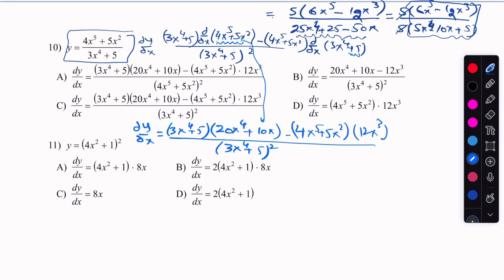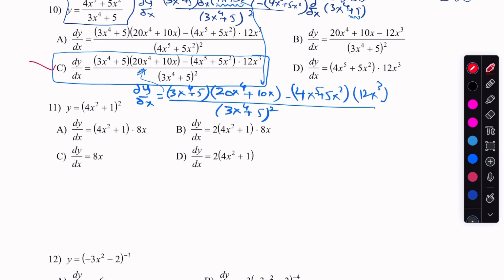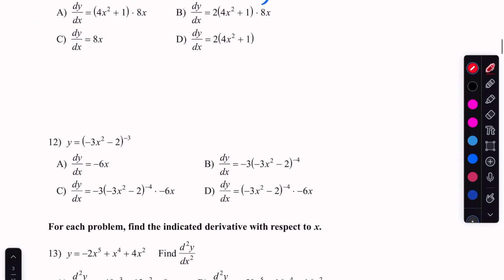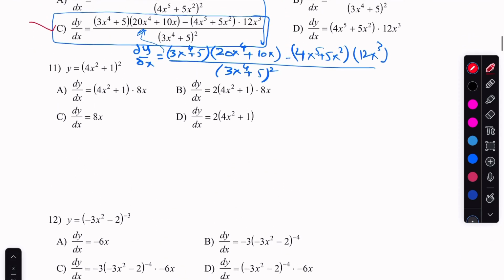Now if we are going to further simplify, or no, so if we compare this with this option, I think that's the correct option. So in that case, your correct answer is C. Now the question number 11 in that case. So question number 11,